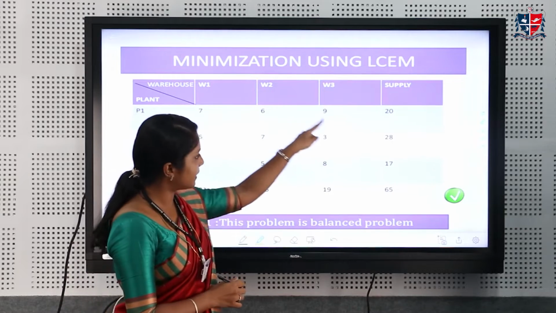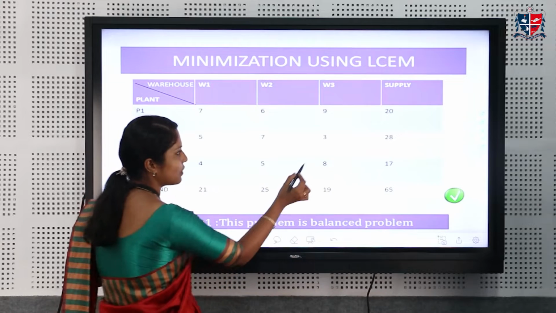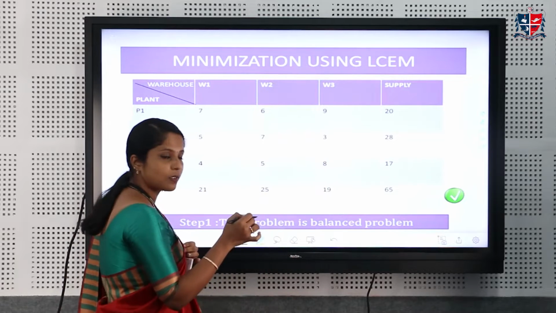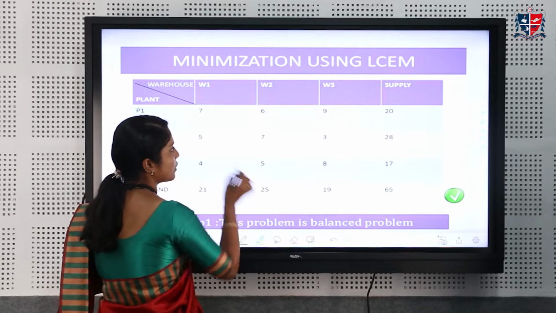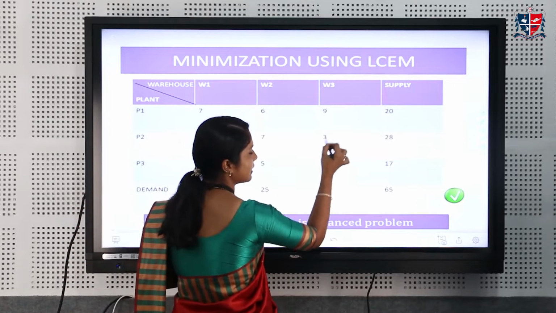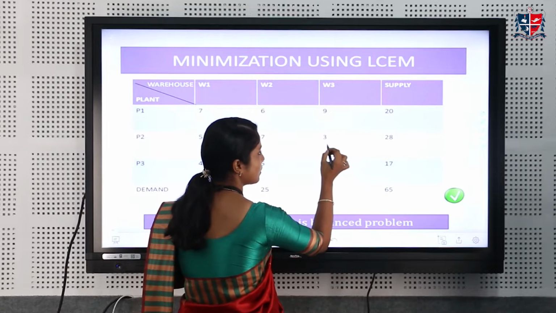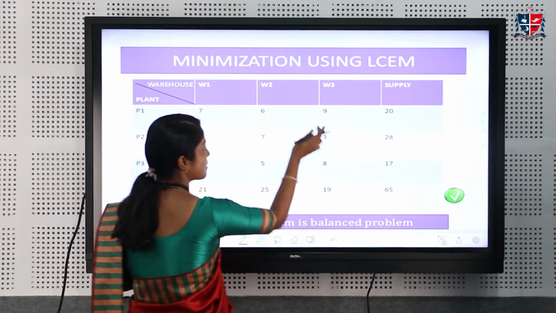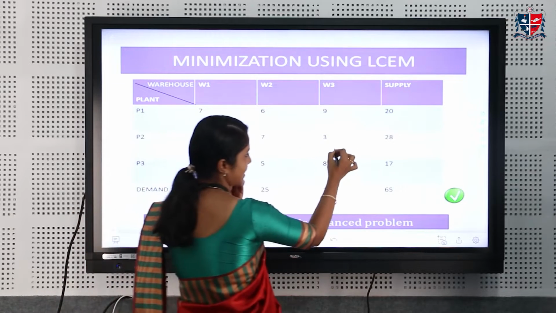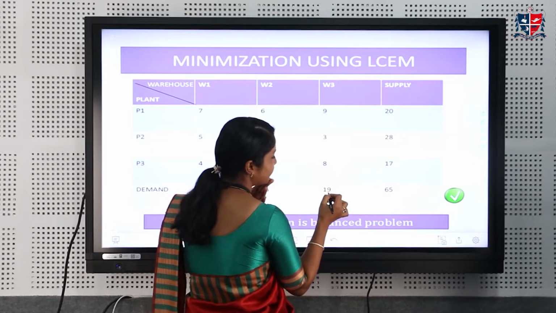Here 3 is the least cost in the matrix, so we have to select this cell.